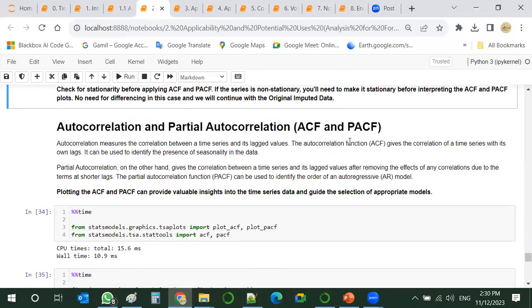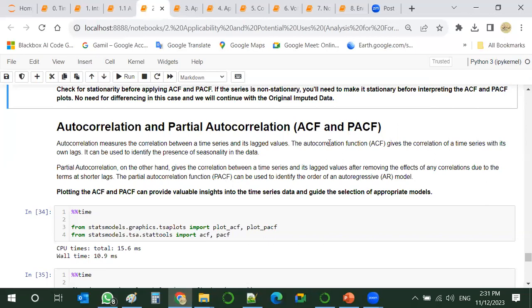And those simply give the idea about the correlation of a time series with its own lags, you know, like a certain value, this date, is correlated with the value 1 day before or 1 month before.